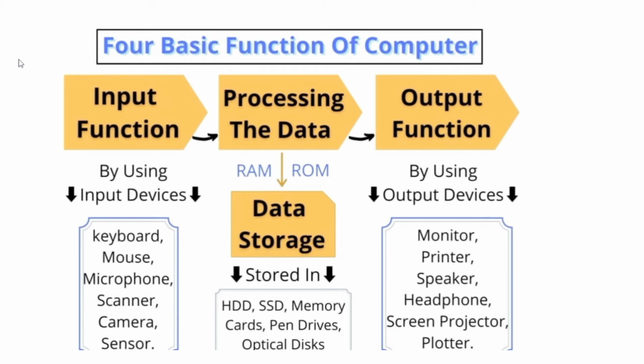Next, it executes user-written or data-designed programs. The last is that it can perform user-designated data manipulation, including arithmetical and logical operations. So, the 4 basic functions of a computer are the input function, processing and output function, where processing the data includes the storage of memory, the storage of data.